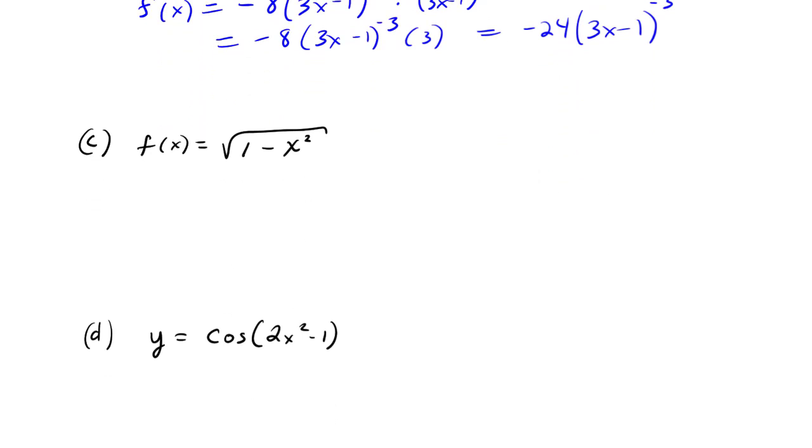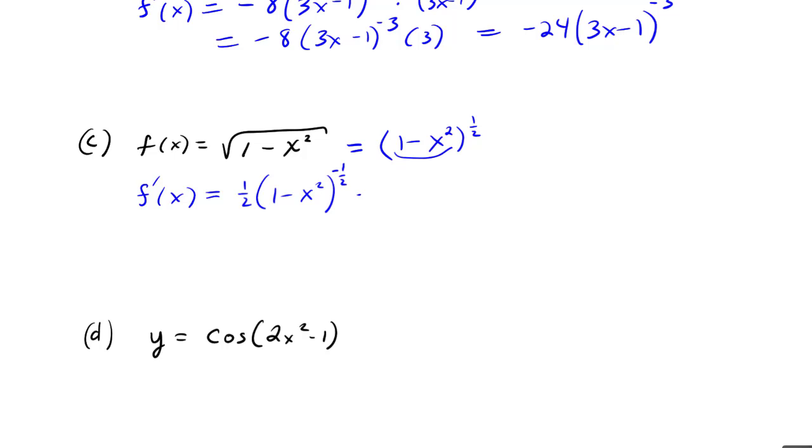How about something like f of x is the square root of 1 minus x squared? Actually, that's very similar to what we had because, remember, I should rewrite that square root as 1 minus x squared to the 1/2. So f prime of x is then, looking to do the derivative, again I basically have something to the 1/2 power. So I would get 1/2 times 1 minus x squared to the 1/2 minus 1, which is minus 1/2, times